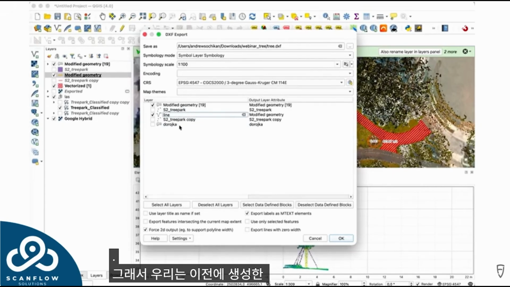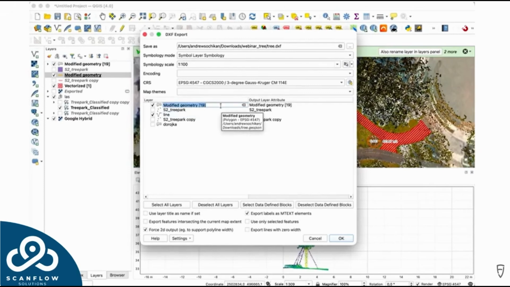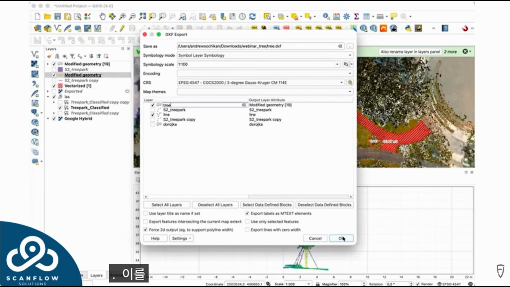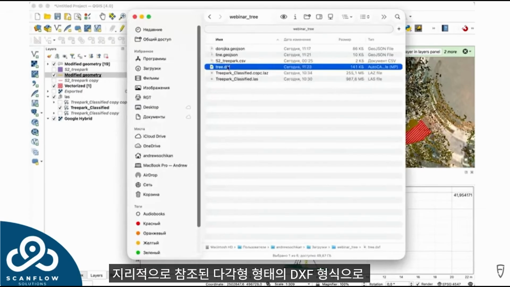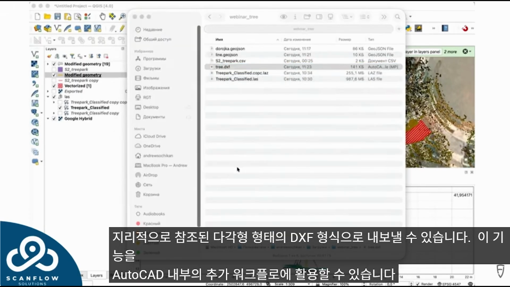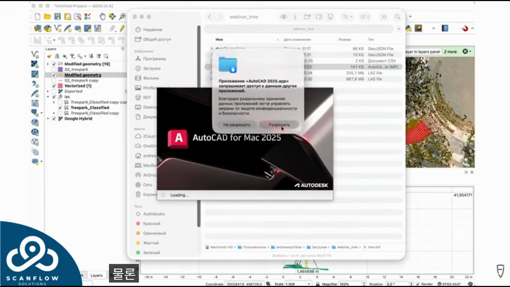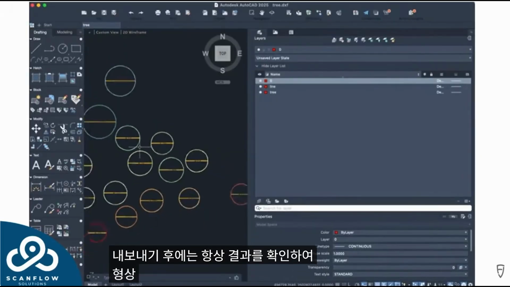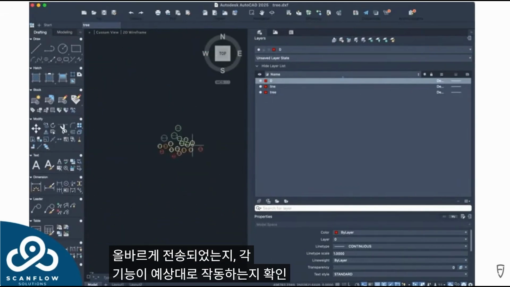So we can save every layer that we've created previously, like the path we have classified inside the Trion model. We can export this as a polygon in a DXF format, which will also be georeferenced. We can use this for further workflows inside AutoCAD, for instance. And of course, it's always worth checking the results after export, just to make sure the geometry has transferred correctly and that each feature behaves as expected